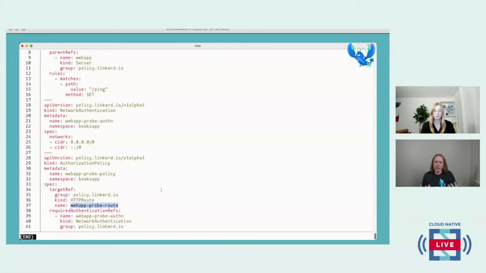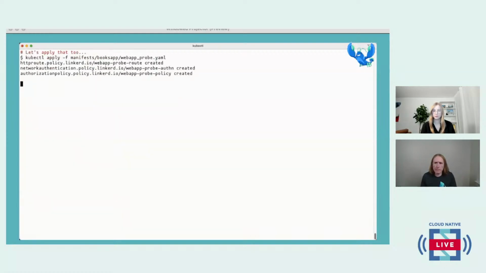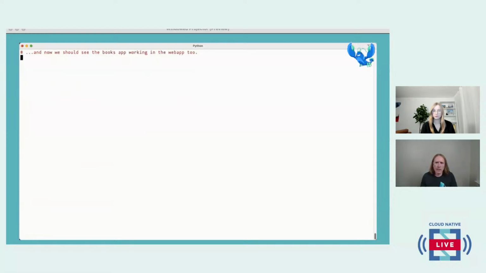This is basically saying if you have a way to get IP traffic to that particular ping endpoint, then we will allow it because health checks are important. We'll apply that too. Now we should see everything working in the browser.